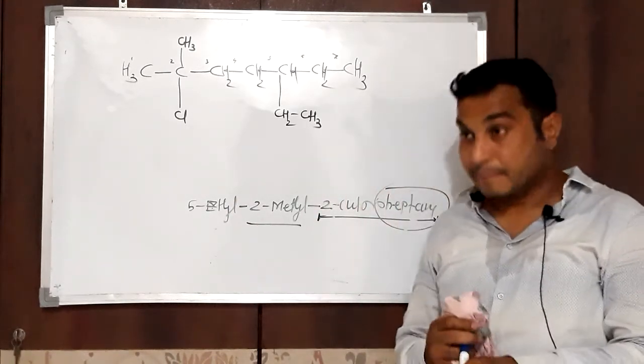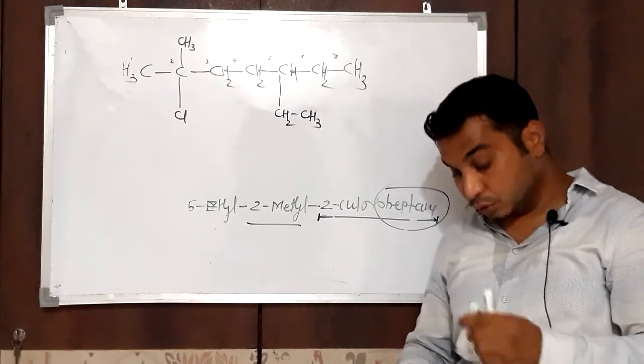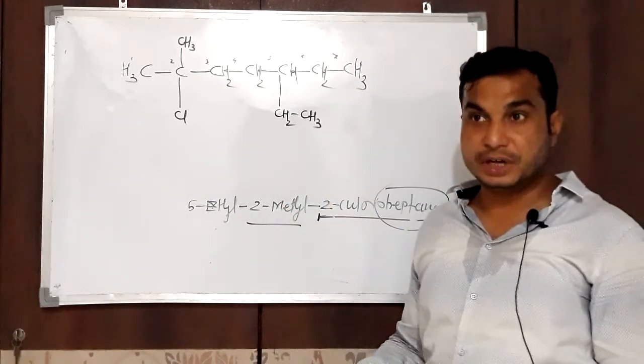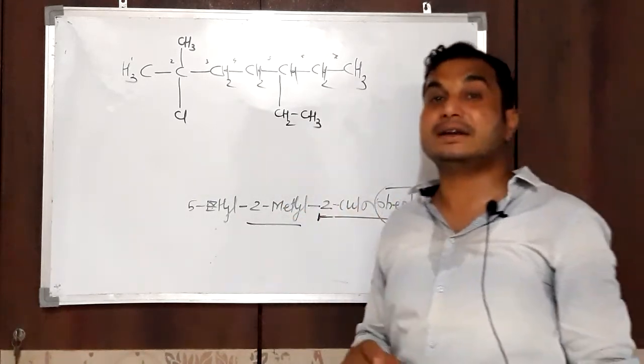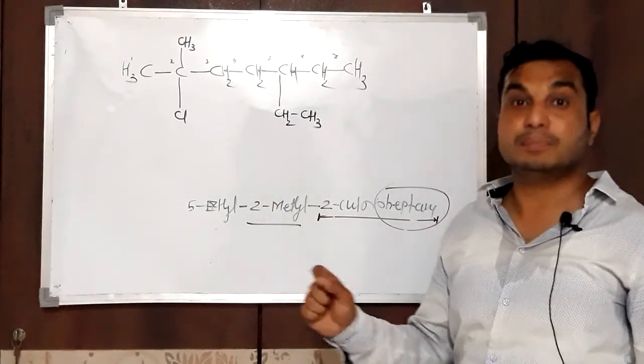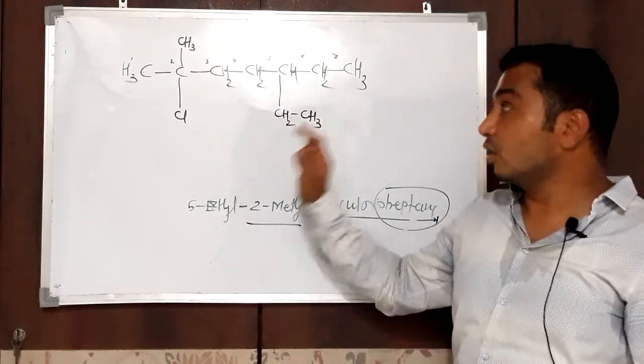Okay. So follow this procedure. In this way you can draw the structure or you can give the IUPAC name. If the structure is given, then it is very simple to give the IUPAC name. And if the name is given, from that name you have to be able to draw the structure for that compound. Okay. So this is the alkyl halide IUPAC name, common name.